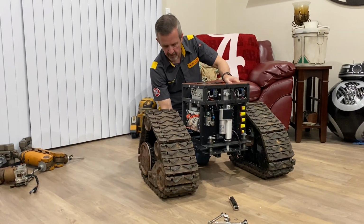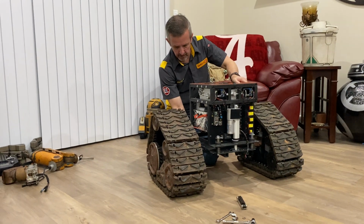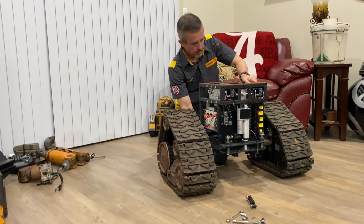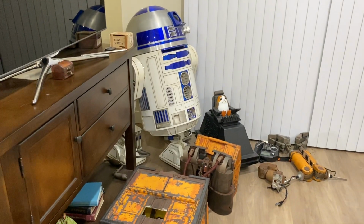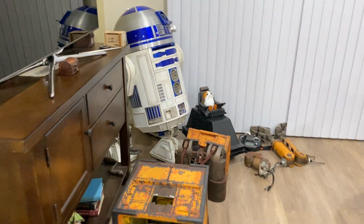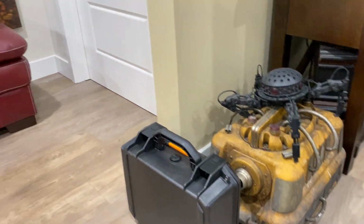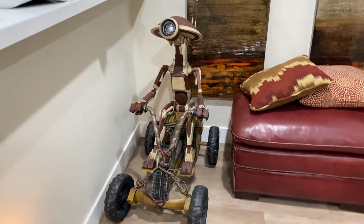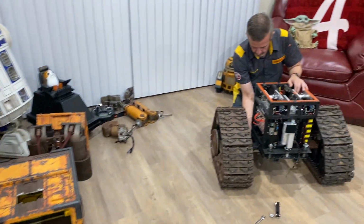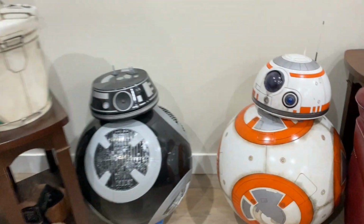Just to get him out and have fun. I mean, I build these things. I love having them set around. You can see I've got R2, I've got Wally, we've got BB-8, we've got scrubber droids, we've got pit droid back in the corner. All of this is just to show people that it can be done, and really to try to inspire the youth that we have coming up, that things like this can be built,